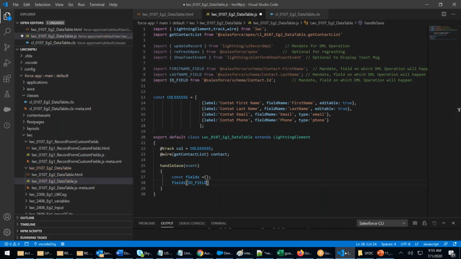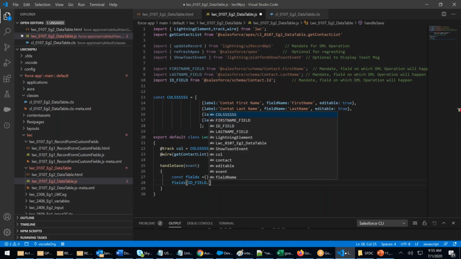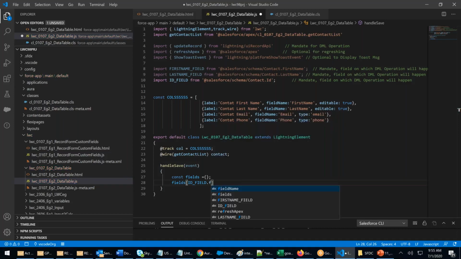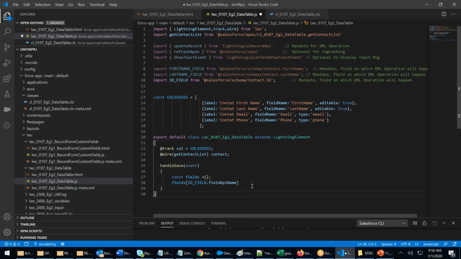ID field, always put dot, you have to put like this: dot field API name. Fields dot this field API name